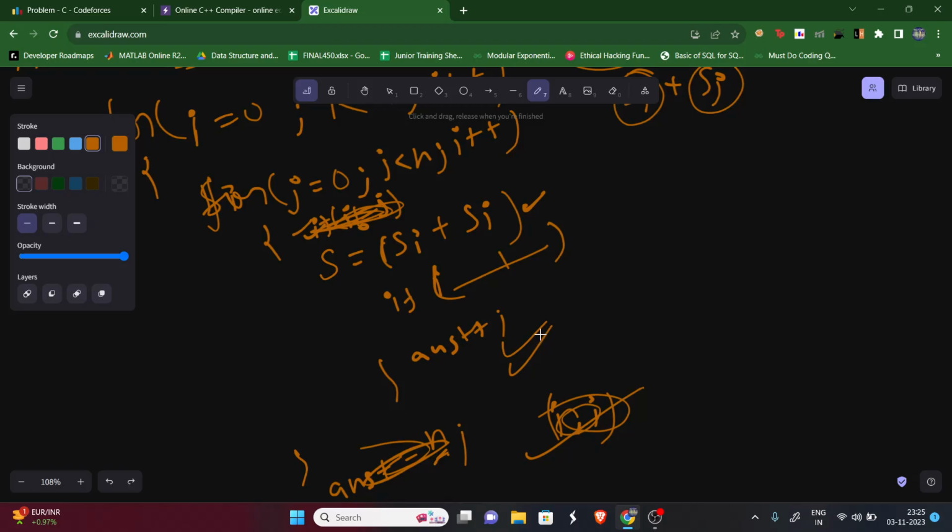But the n value was of the order 10 to the power 5. So overall it will become an n square solution, and an n square solution won't get accepted. Okay, cool. But now from here, what we can observe is that we